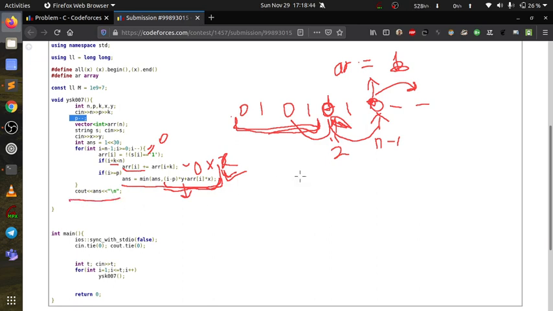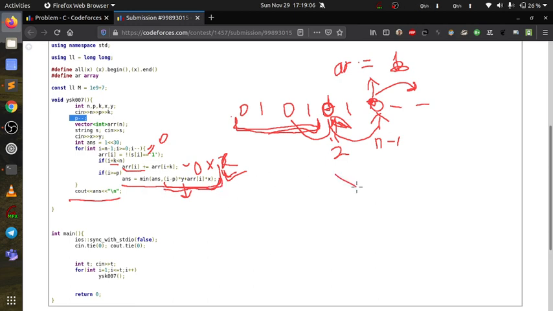Okay, so I think this is now clearer for everyone. Here I should be greater than or equal to p, because if it is less, then it will come negative.